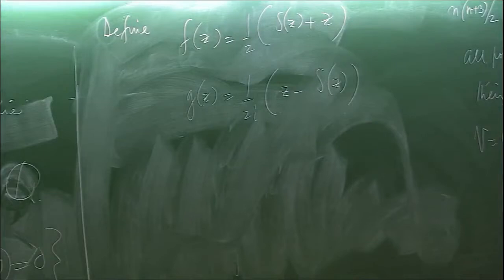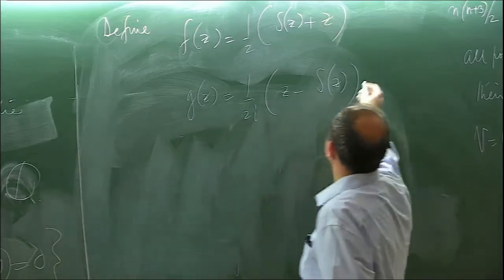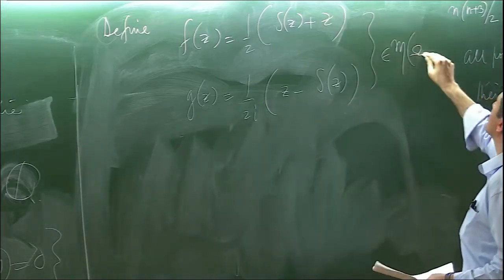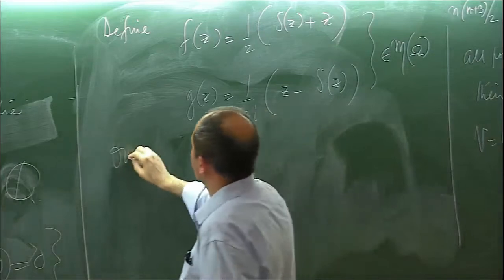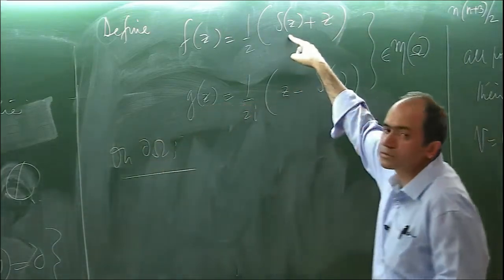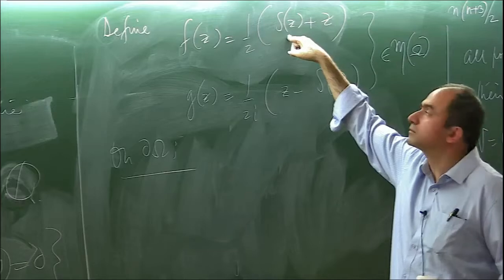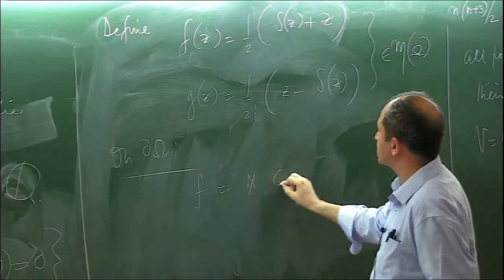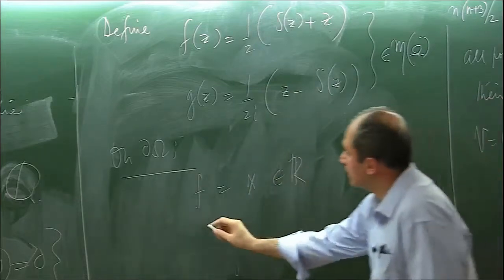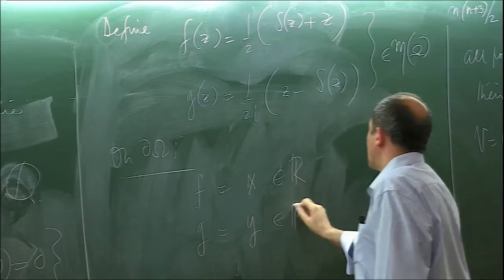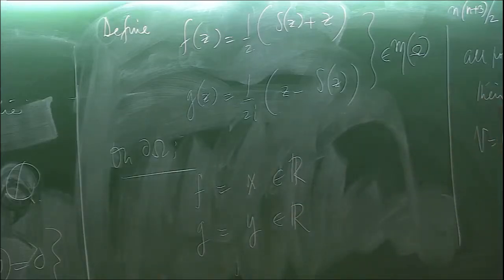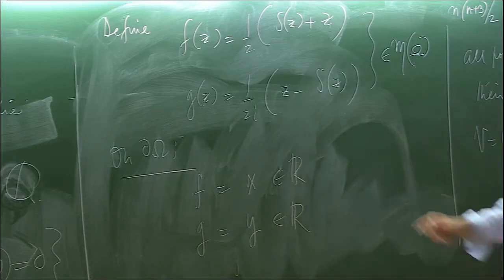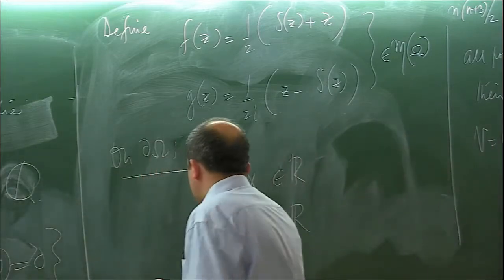S is meromorphic, and therefore f is also meromorphic. Both are meromorphic on omega. And what happens on the boundary? S is equal to z bar. So f is z plus z bar divided by 2, which is x, of course real valued, and g is y, which is also real valued. So I have 2 meromorphic functions which take real values on the boundary, and therefore by the theorem that I just erased, there is